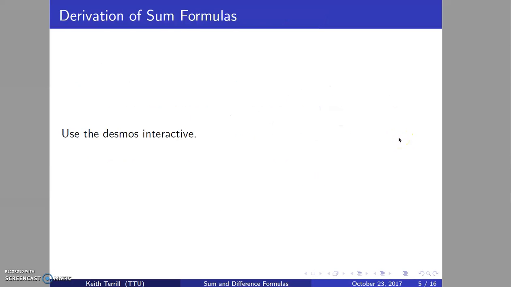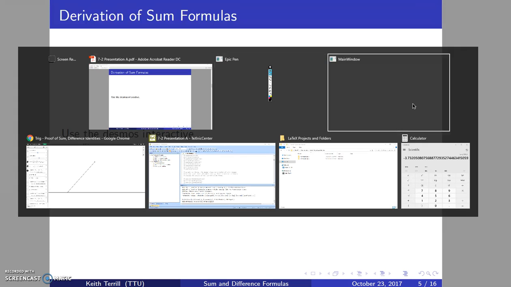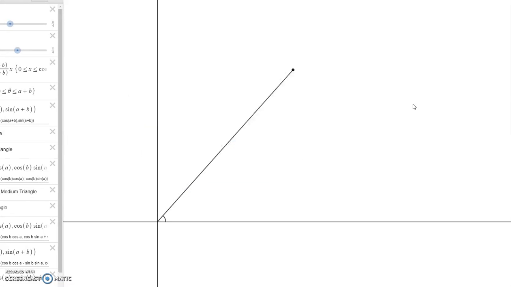So what is the cosine of 30 plus 45? How would I go about actually showing what that is? How would I go about finding that exact value? Because I do believe I can. And to do it, I'm going to bring up my friend Desmos here. What I have right here for us is